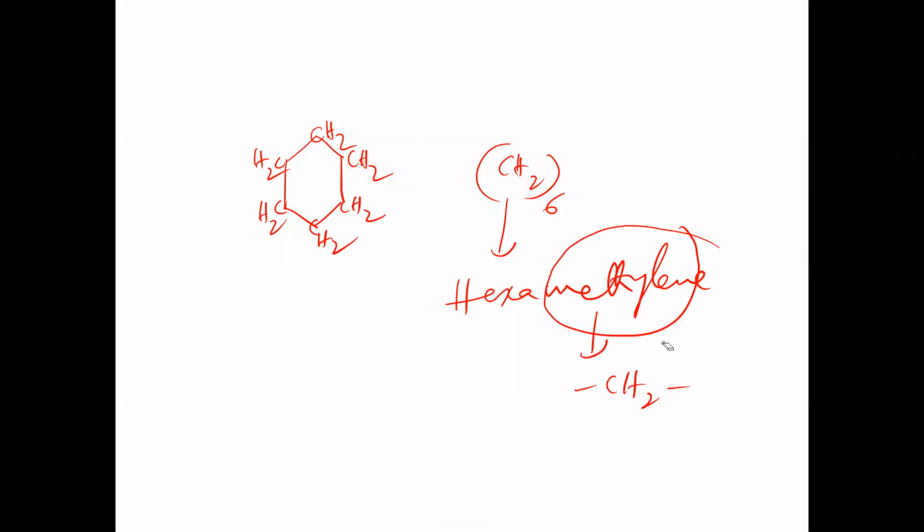Here each methylene group is nothing but a CH2 group. A CH2 group is called a methylene group here. How many methylene groups are in this? 6. That's why it's called hexamethylene. Hexamethylene or cyclohexane. So cyclohexane is called what? Hexamethylene. That's why cycloalkane